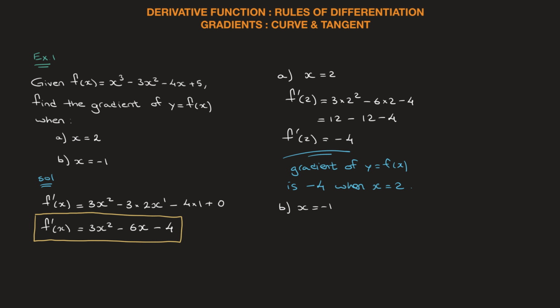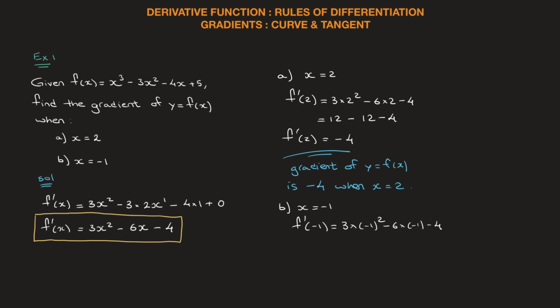All we have to do here is use the derivative function again, but this time we'll replace every single x we see by negative 1. In other words, the gradient of the curve at the point along its length with x-coordinate negative 1 will equal f dash of negative 1, which is equal to 3 times negative 1 squared minus 6 times negative 1